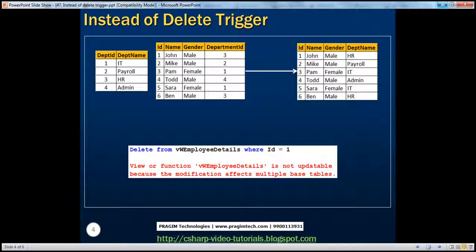Now we know that, in general, instead of triggers are extremely useful whenever you have a view that's based on multiple tables, and you want to either insert data into it or update that particular view. Along the same lines, instead of delete trigger is also used to delete a row from a view that's based